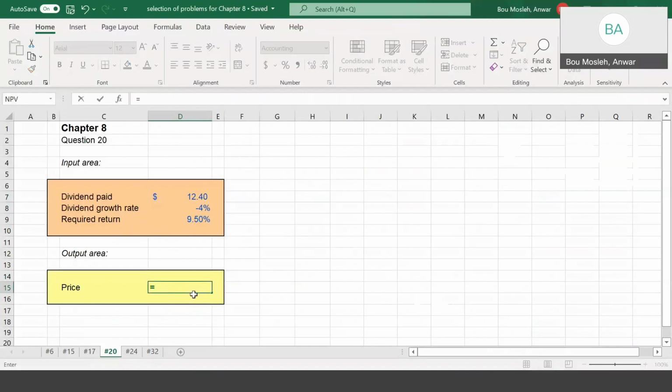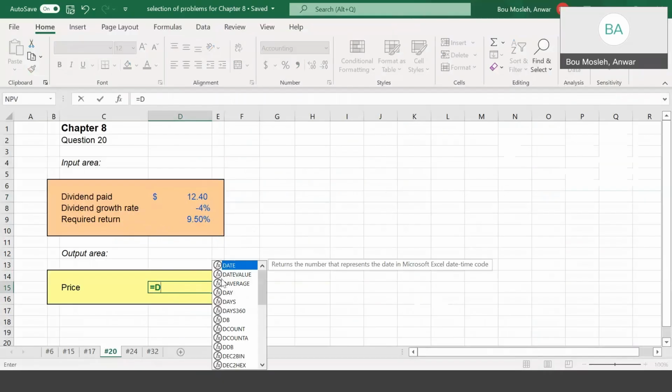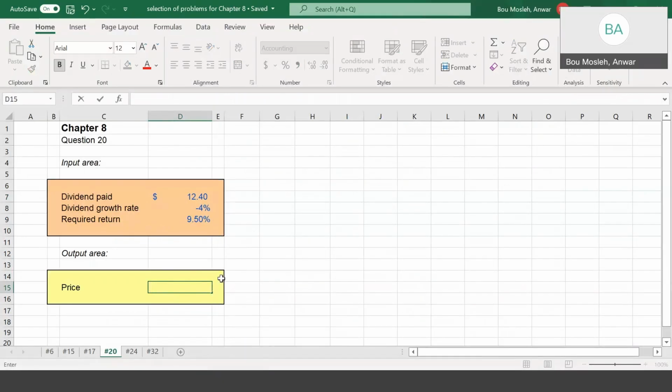Well, the price today is D1 over, right? So just to put the equation, D1 over R minus G. Can I calculate the value of this? Well, yes, even if it is negative growth, we can. So this is the dividend today times 1 plus the growth. The growth, be it negative, doesn't change the equation. The equation is still 1 plus G times D0,